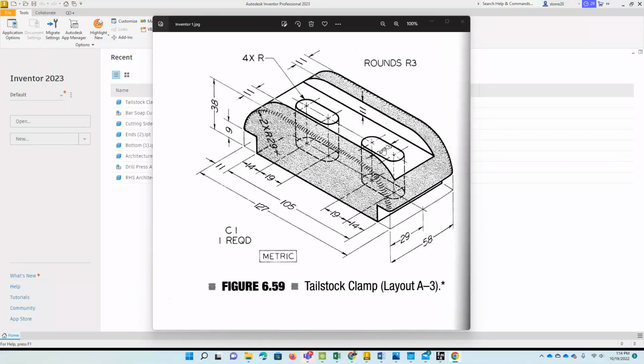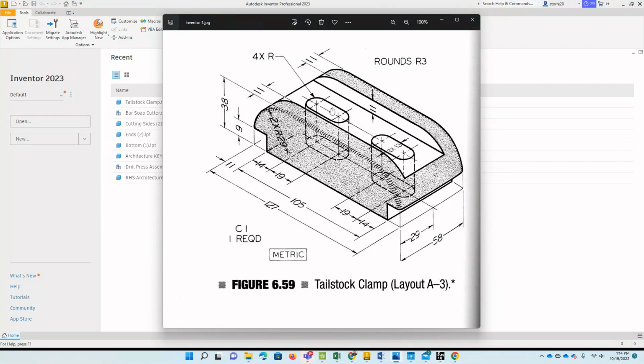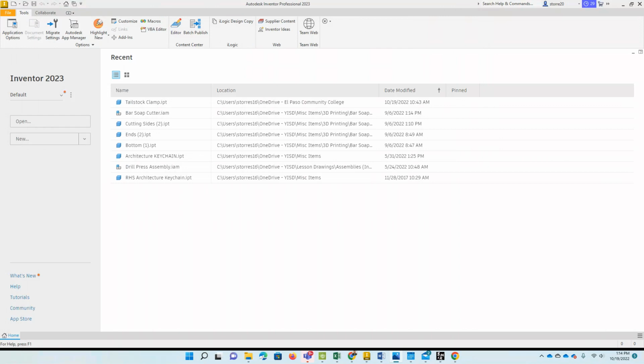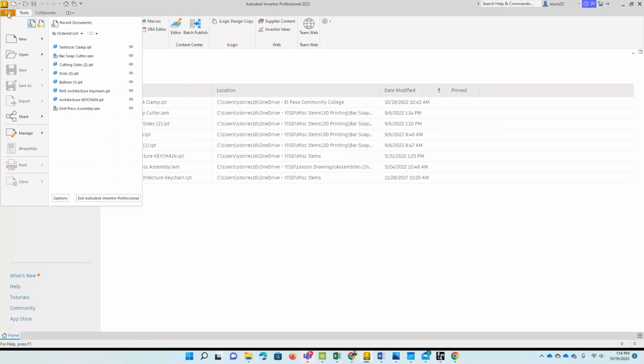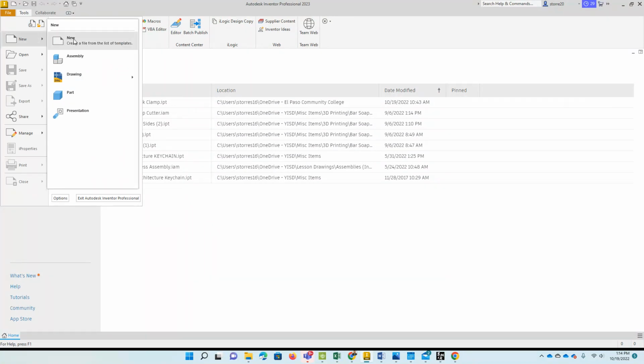So now to create the drawing of the tailstock clamp. What I mean by the drawing is the top view, front view, right side view, isometric view, whatever the case may be. That is going to be the drawing that I want you to create next, or in this video. So from here, just like I mentioned last time, you're going to go to New, and